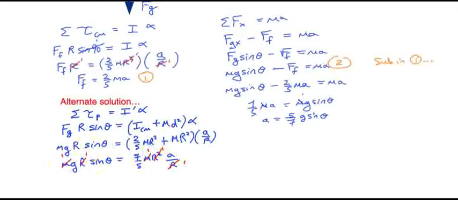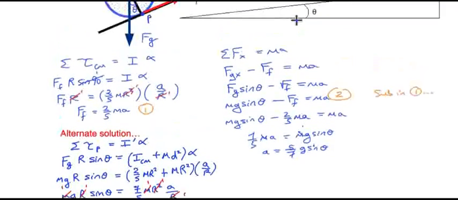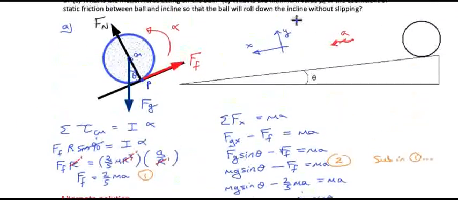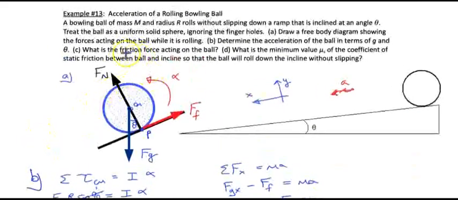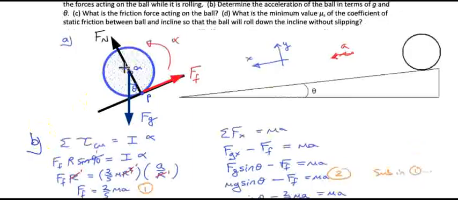And we get this nice answer of a equals 5/7 g sine theta. And you might find that a little bit faster than the other solution that I did. But there are some things that we may need, because if we look to the next part, we were just doing part B. Okay, if we go to part C, we ask for the frictional force, and we want to